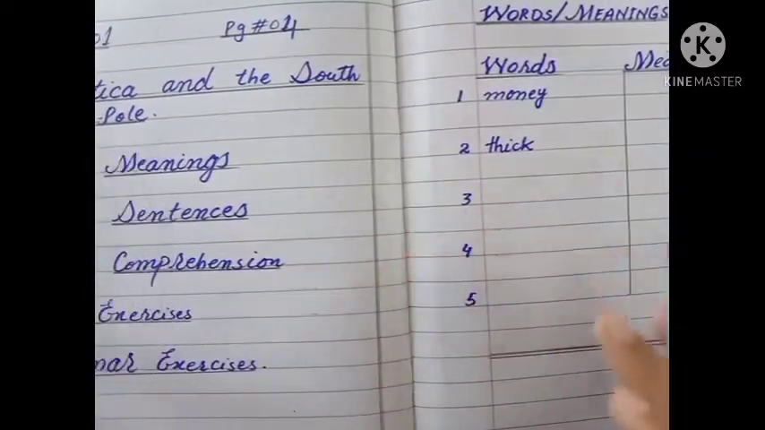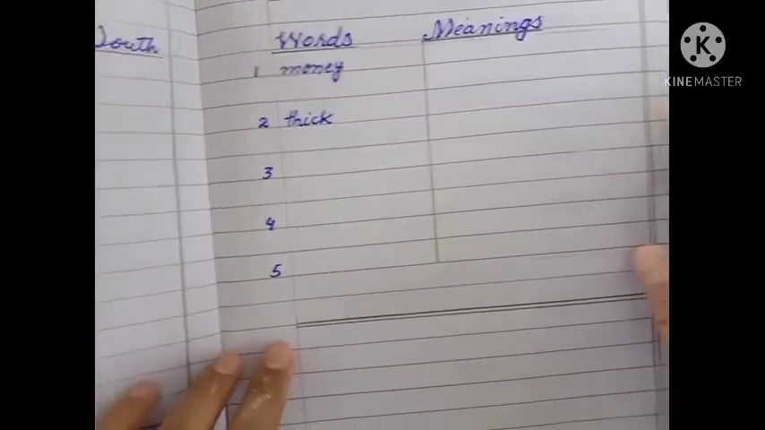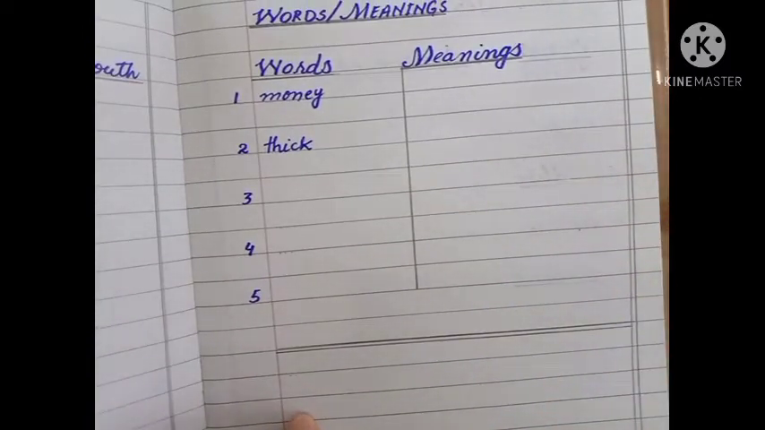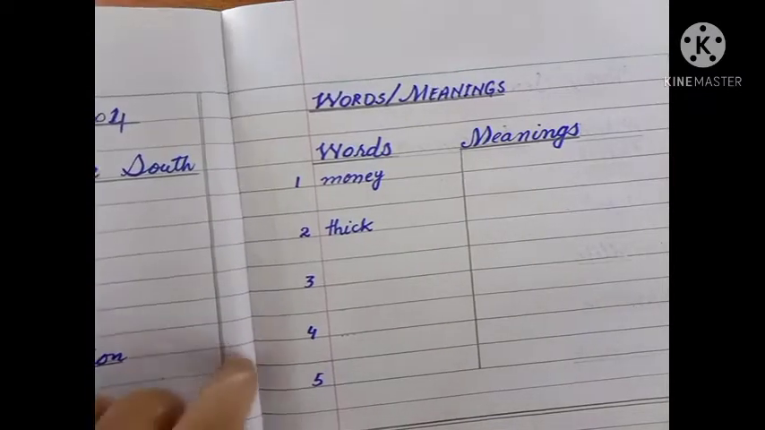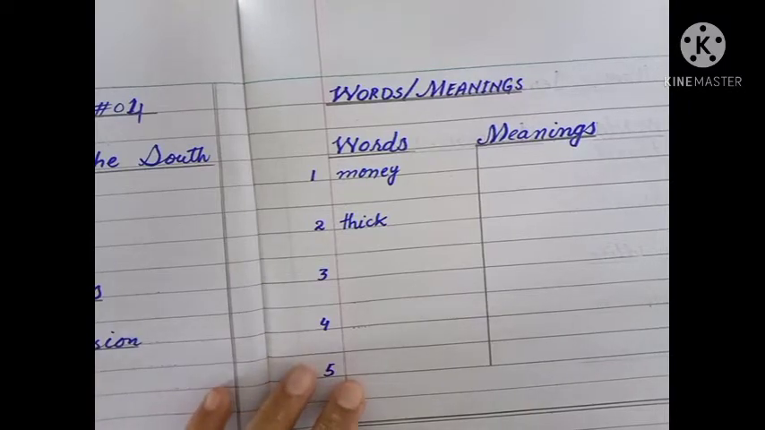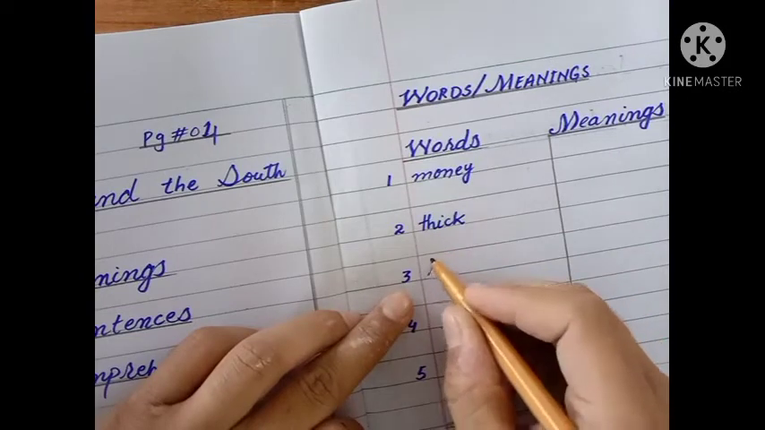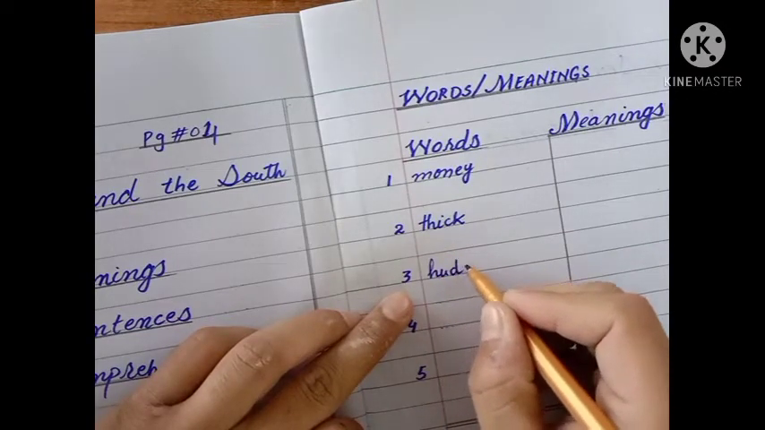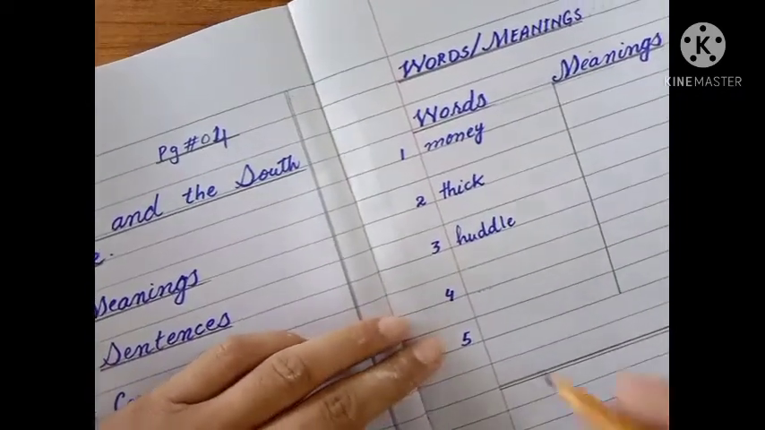Dear students, then we come to the word meanings side, and you have to draw the margin line there as well, like this. You have seen the words on the board, but apart from that, I would like to write down the meanings as well. Word meanings. First word is money, and second is thick. Word number 3 is huddle, HUDDLE, huddle. Word number 4 is